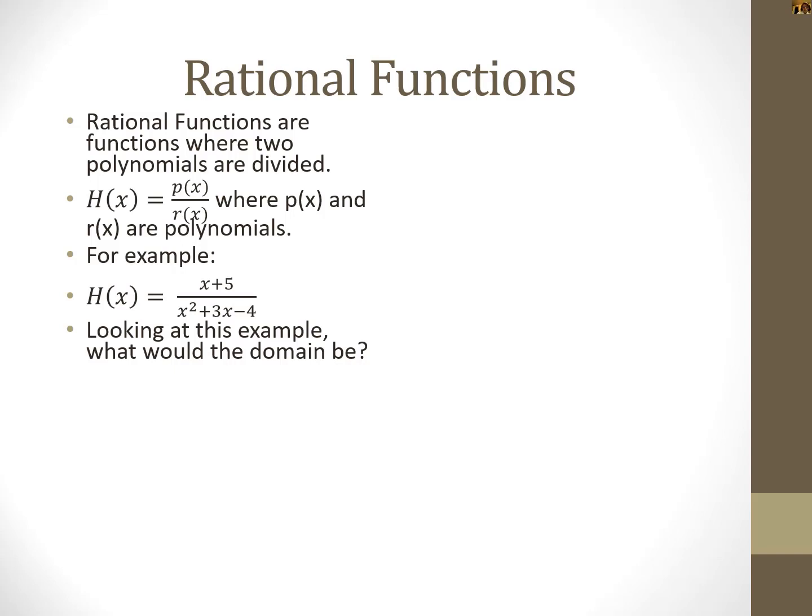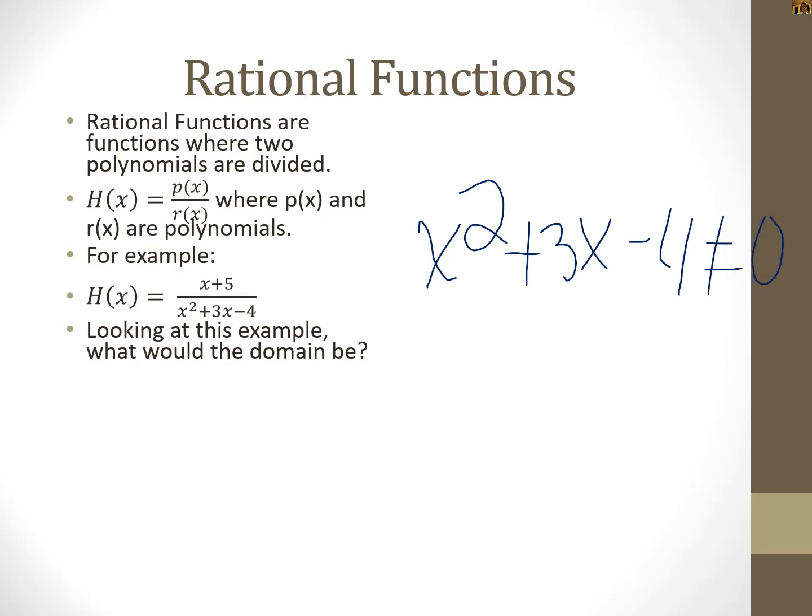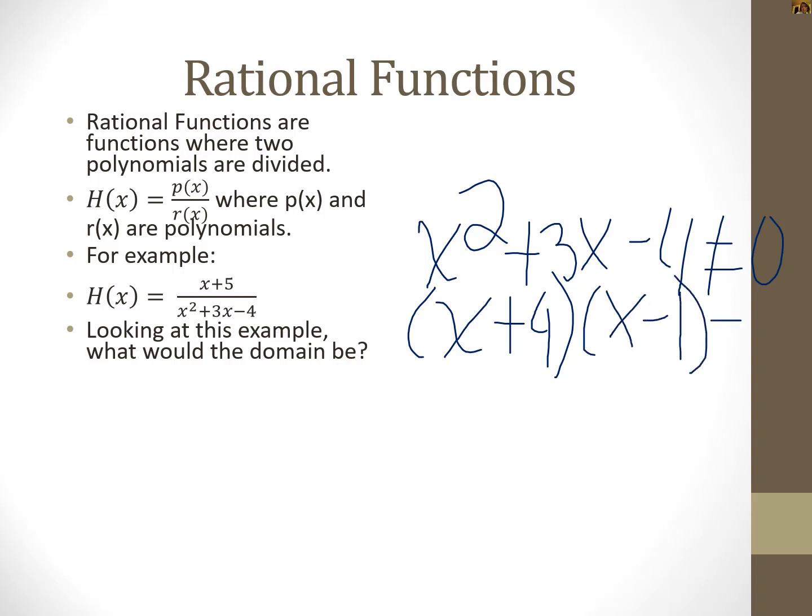Now that you've had a chance to do that, you should have noticed that x squared plus 3x minus 4 cannot be 0. If you factor this, two things that multiply to get negative 4 and add up to 3 are positive 4 and negative 1. So this factors into x plus 4 times x minus 1. So that cannot equal 0. If that's going to be 0, then either the x plus 4 would be 0 or the x minus 1